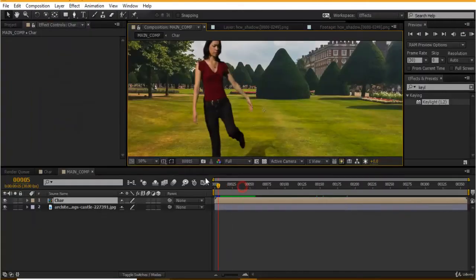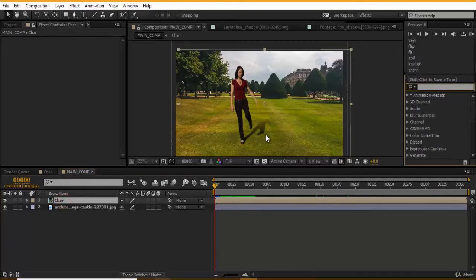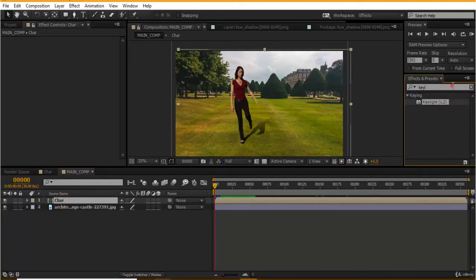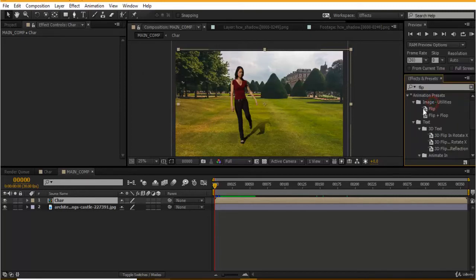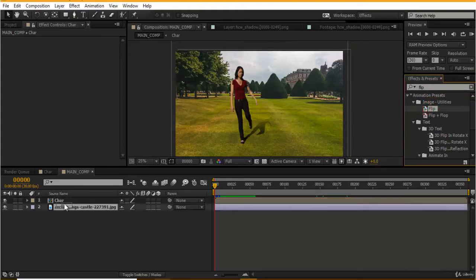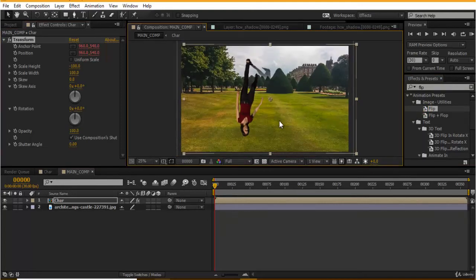and as you can see, this is the character over here. I'll take an effect known as Flip. So I've gone to my effects, just backspace this Key Light and type in Flip. Inside Image Utilities, you are able to see an effect known as Flip. Just drag this and drop it up here. Now once you do Flip, it totally flips your character by 100%. So if you can see this, it has flipped your character, which is not looking nice.